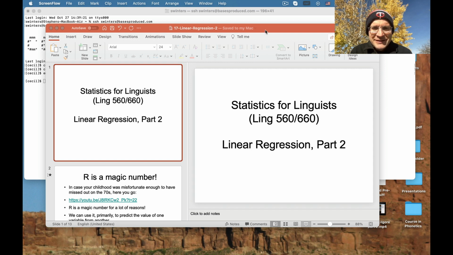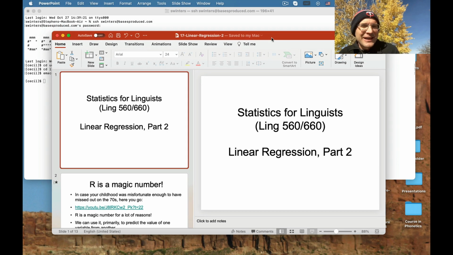All right, hello everybody. It's October 28th here in Calgary, Alberta, and we're going to talk about linear regressions outside. The weather's not too bad, but I felt I needed to wear the old baseball cap, I guess the winter baseball cap, because it is getting a little chilly.